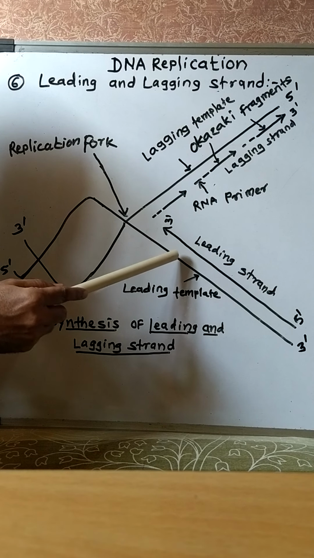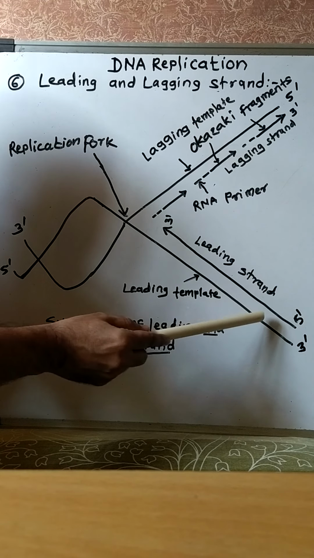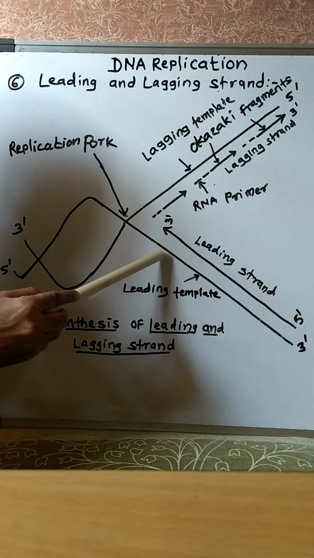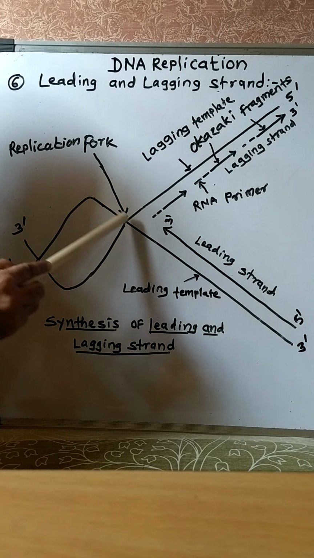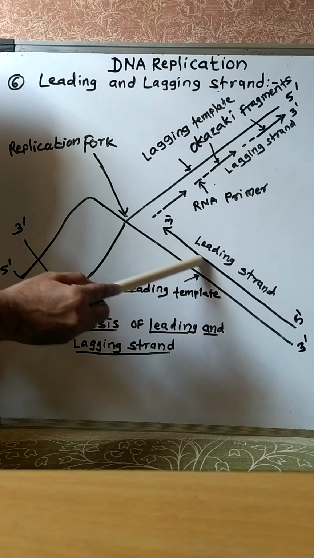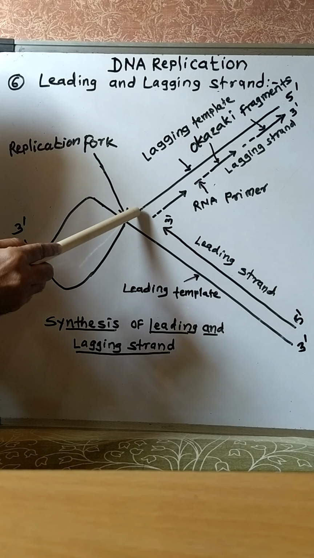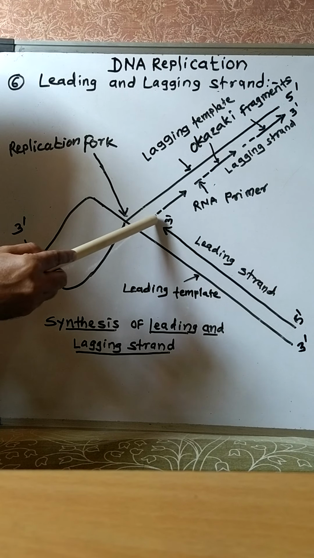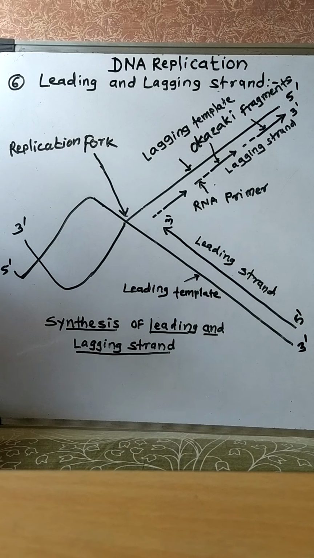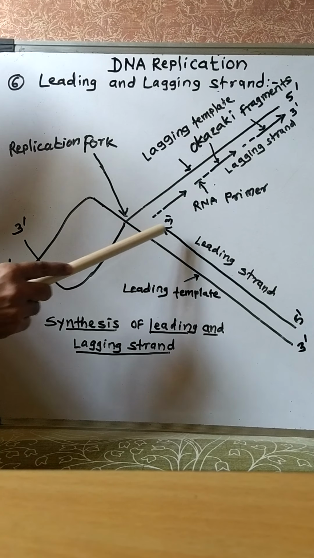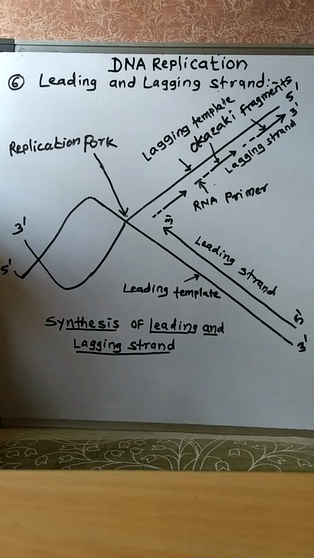So each of the daughter strand DNA. This is one daughter DNA, this is another daughter DNA. Each of these daughter DNA shows one strand conserved from the mother or parental DNA. See, this is the strand which is conserved, and this is the newly synthesized DNA strand. This strand in this new DNA also is conserved from the mother or parental DNA, and this is the newly synthesized DNA strand. That means in each daughter DNA, 50% of the strand is conserved from the parental DNA, and only 50% is newly synthesized.